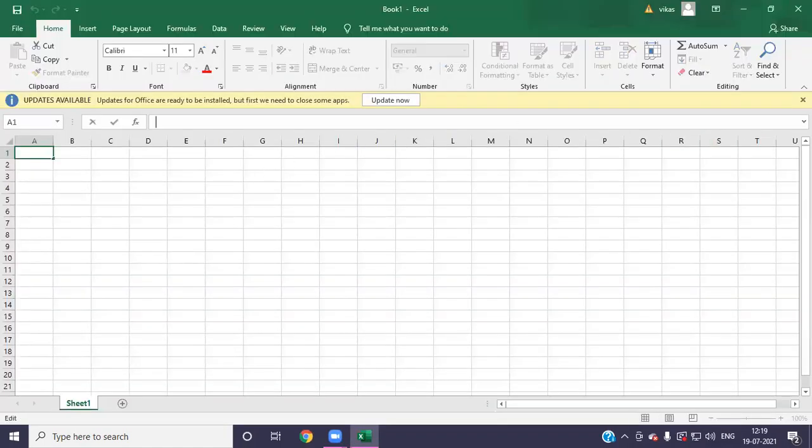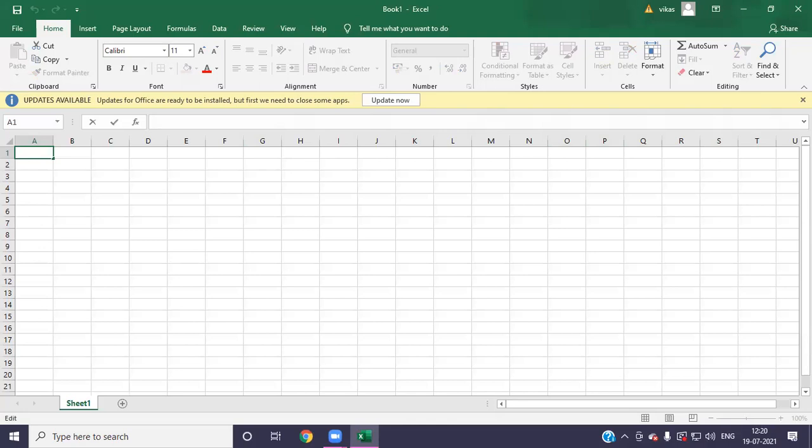Now this is our Excel window, and we all know that like in MS Word, whenever we are opening a new file, a document is open. Here in Excel, whenever we are opening a new file, one workbook will open. Clear? And one workbook is a collection of many sheets.